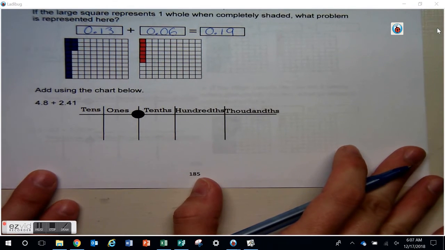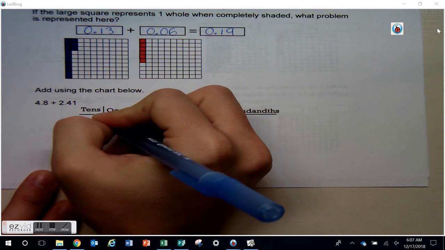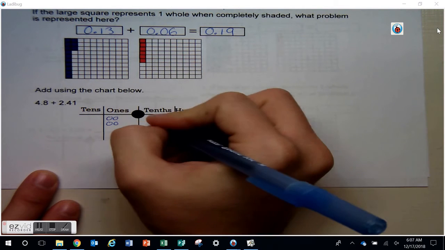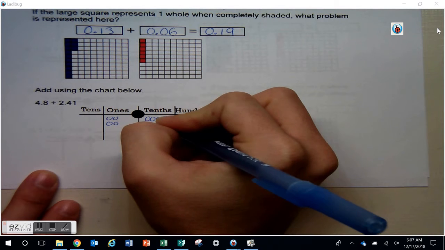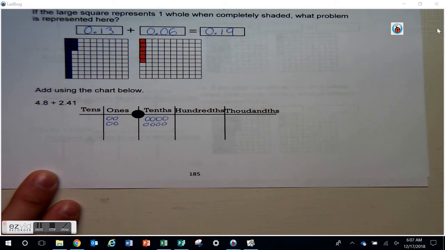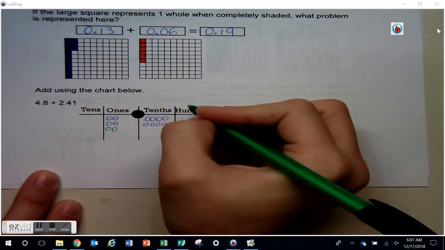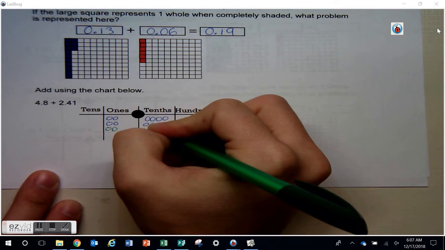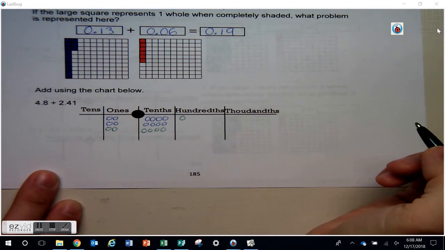Add using the chart below. So again, I have 4 ones and 8 tenths. Here I have 2 ones, 4 tenths, and 13 hundredths. It looks to me like we need to